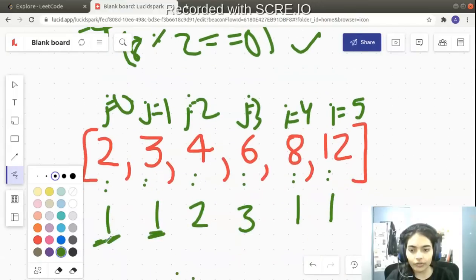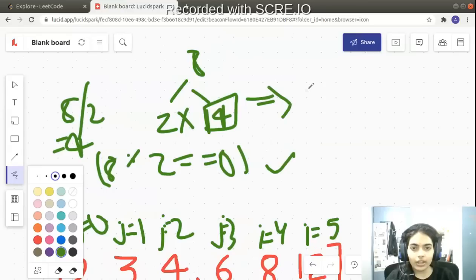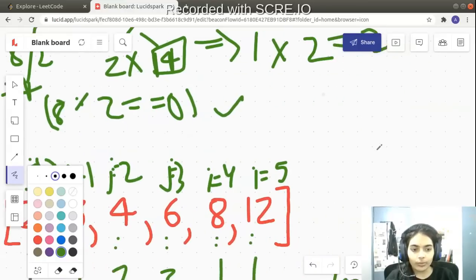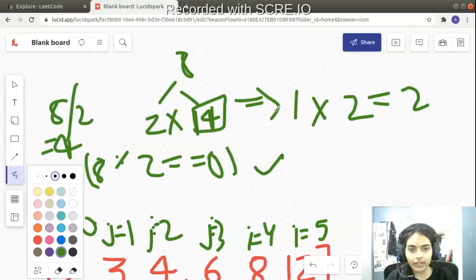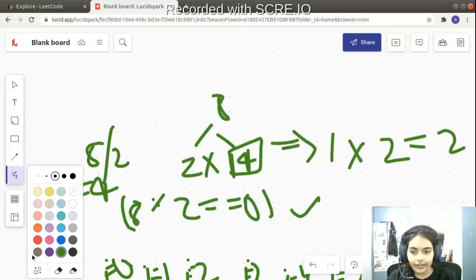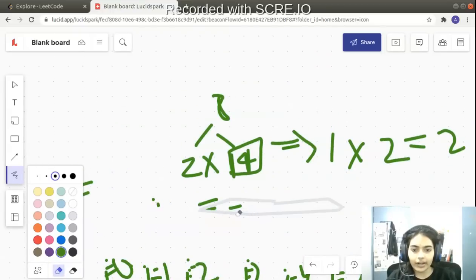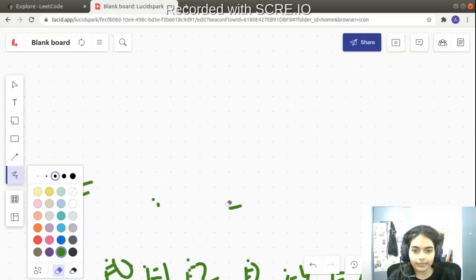So let's see the number of ways of getting 2. The number of ways of getting 2 is 1. The number of ways of getting 4 is 2. So you just multiply the number of ways. You can form one binary tree with 2 and two binary trees with 4, so you get 2. Now let me change my count variable. My count has become equal to 2. So 1 into 2 is 2, and we found two new ways of writing 8. Okay, now let me erase all this and let's go to the next iteration.